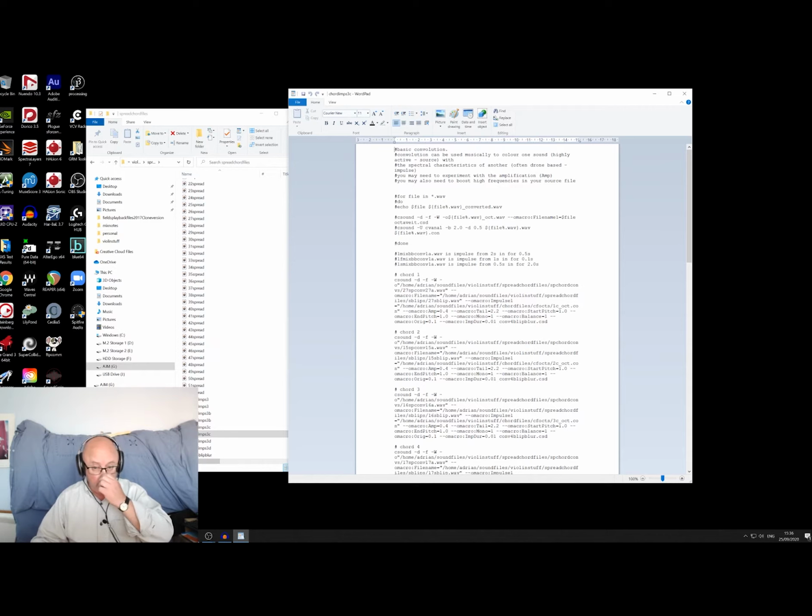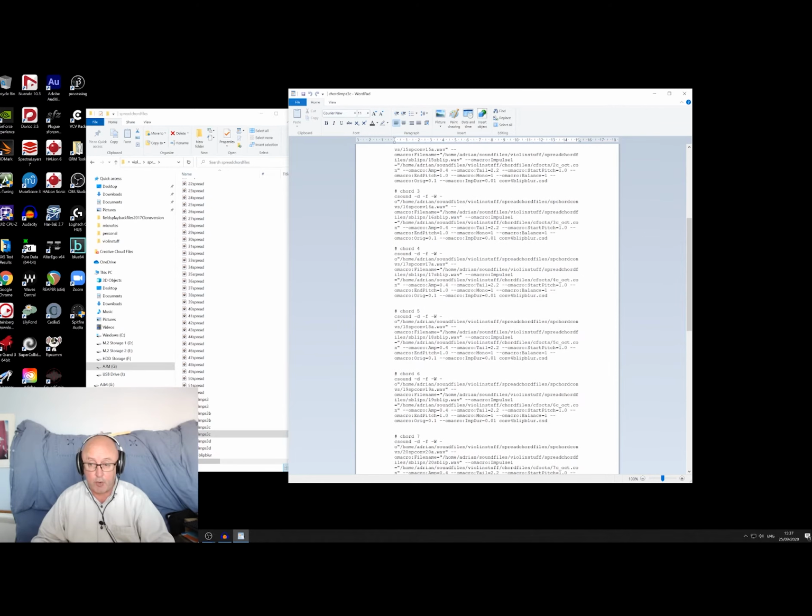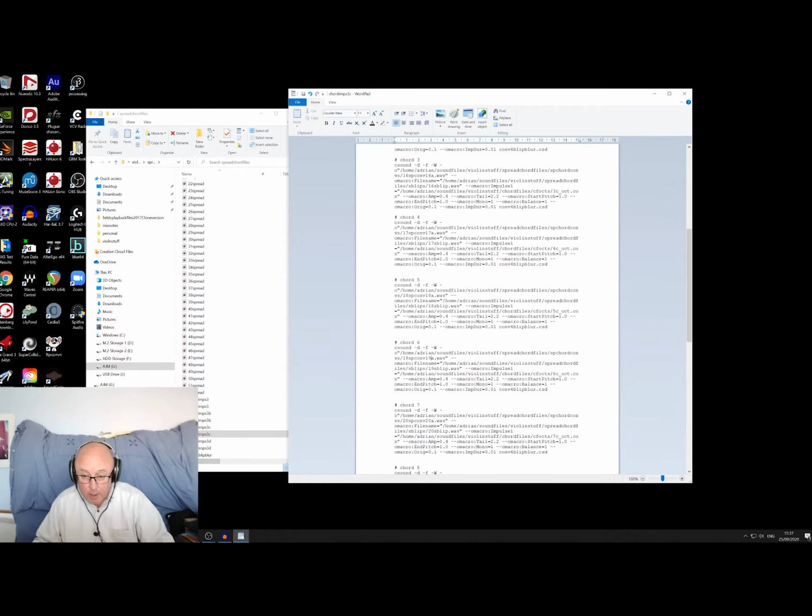So you convert this to an executable text file and just run it. And it looks for all the files that are in a folder with a .wav extension, and it produces all the chords. In fact, this is doing it by hand, but you set this up and you edit as necessary. Edit 18, chord 19, and it's running C Sound,